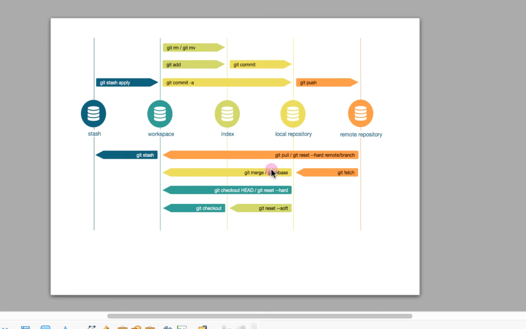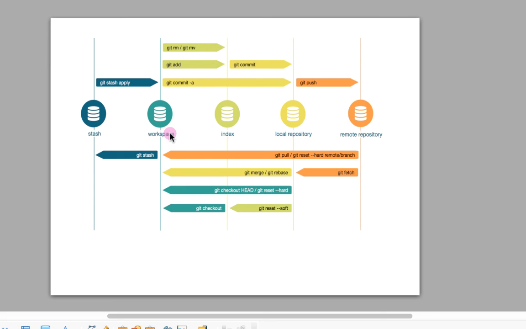Then you can do the git pull, git merge, or you can switch from one branch to another branch. And once you are done, you can use git stash apply to get those changes back. So basically what git stash is doing is taking your uncommitted changes to a stash area and making your working directory or workspace clean, so that you can perform a pull, switch or checkout to another branch, or keep your local changes for safekeeping or for future use.